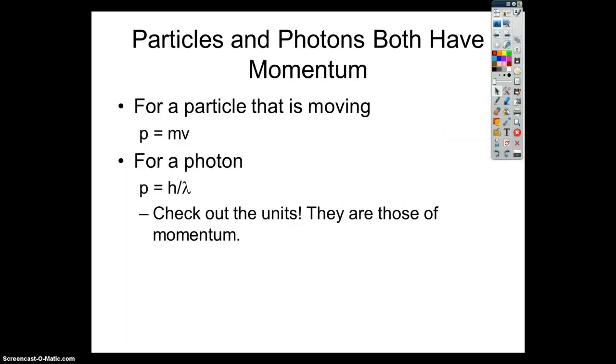For a particle that's moving, we know that momentum is equal to mass times velocity. For a photon, that's just h over lambda, so Planck's constant divided by the wavelength. And we did go through and figure out that if we look at the units for this, it does